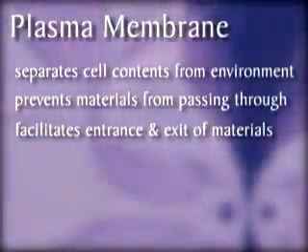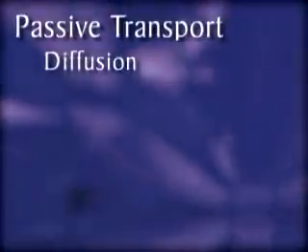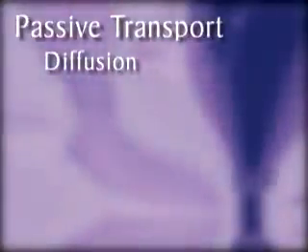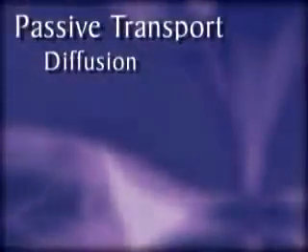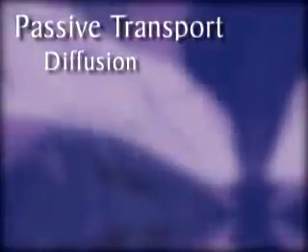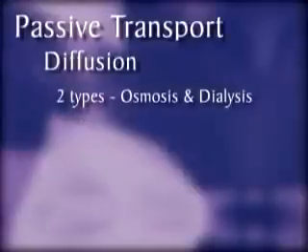Materials may move through membranes passively or actively. In this video segment, passive transport, which uses Brownian movement, was introduced. Passive transport includes diffusion, defined as the movement of materials from a region of high concentration to low concentration. Two specific forms of diffusion are osmosis and